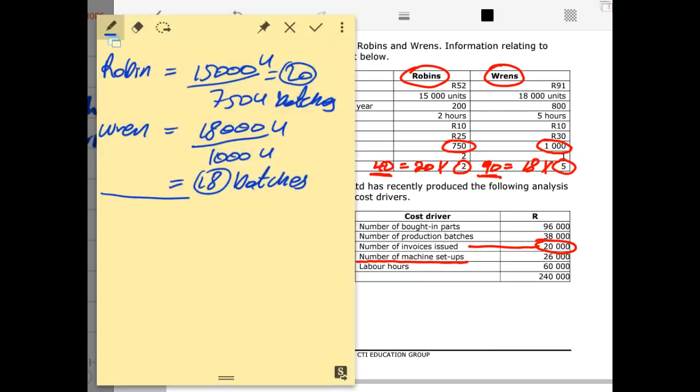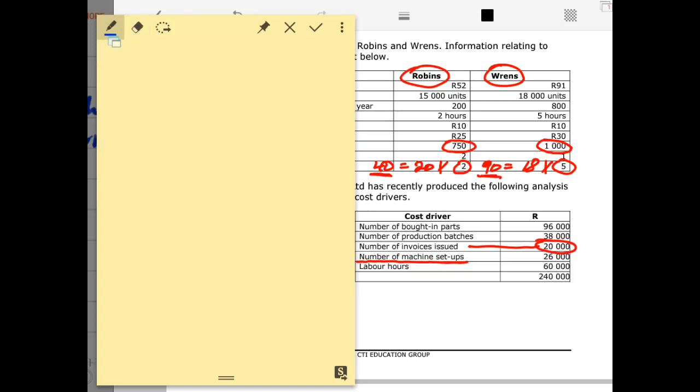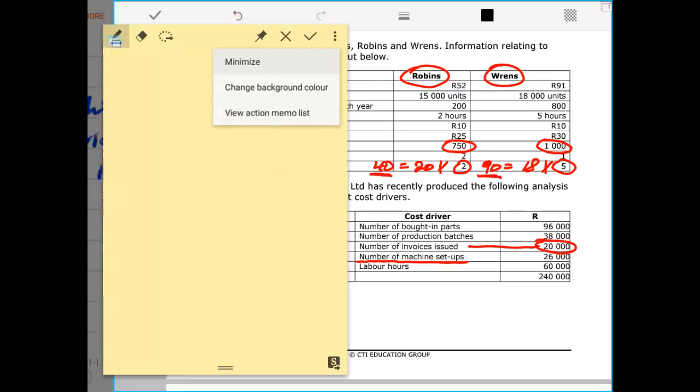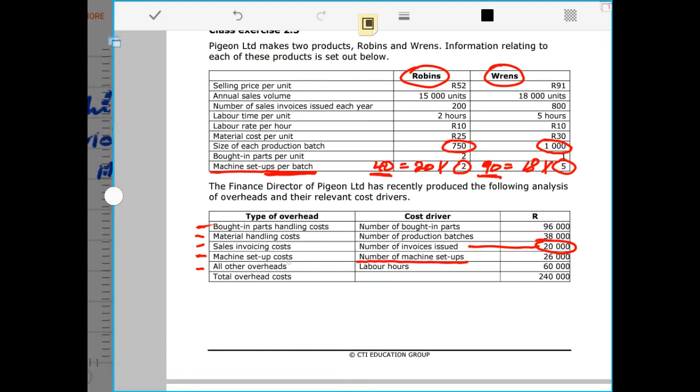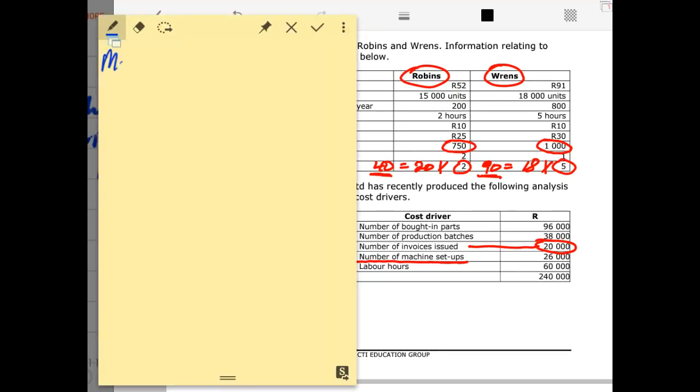Then now we have to calculate the total, and the total of the two will be 120. Then we have to calculate the machine setup cost, or the machine setup overhead rate